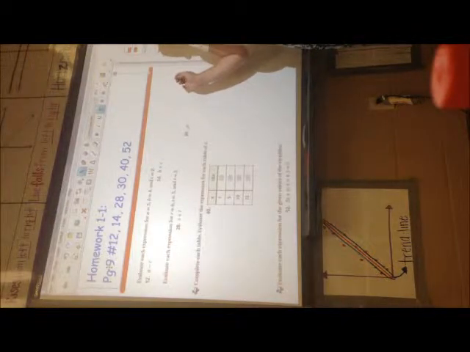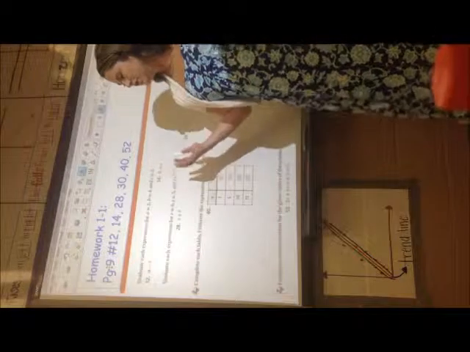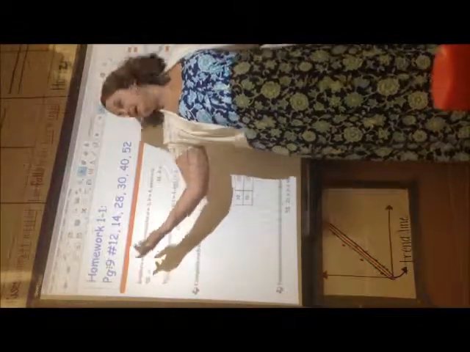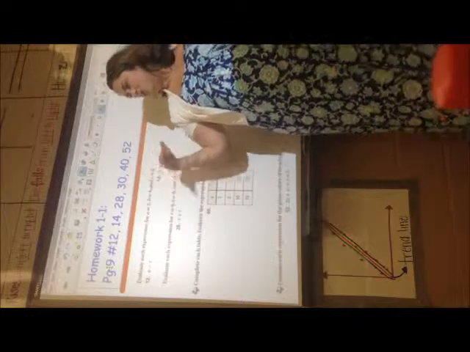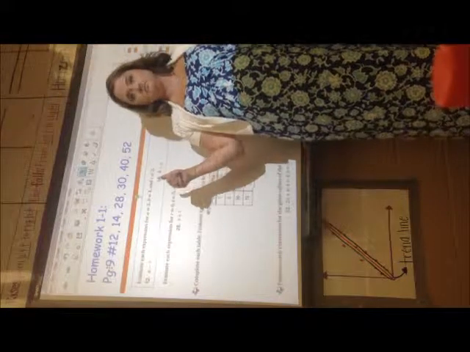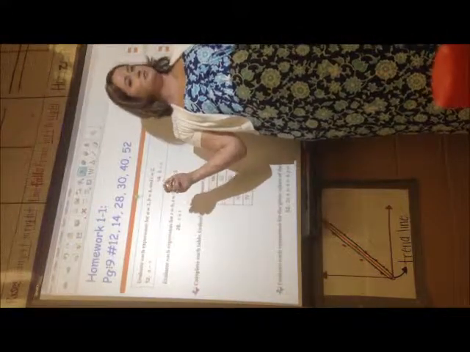Okay, also, I had some questions about what to write down for homework. So like on number 12, you would write down A minus C. And then you would also write down what you're substituting in. So you would write the numbers underneath and then write your final answer beside it. Got it? Wait, so we don't have to write like the